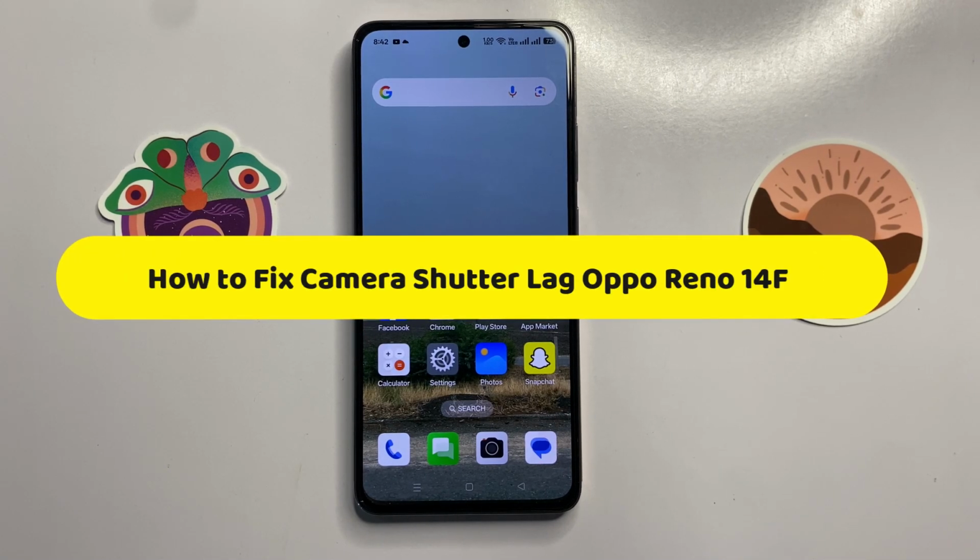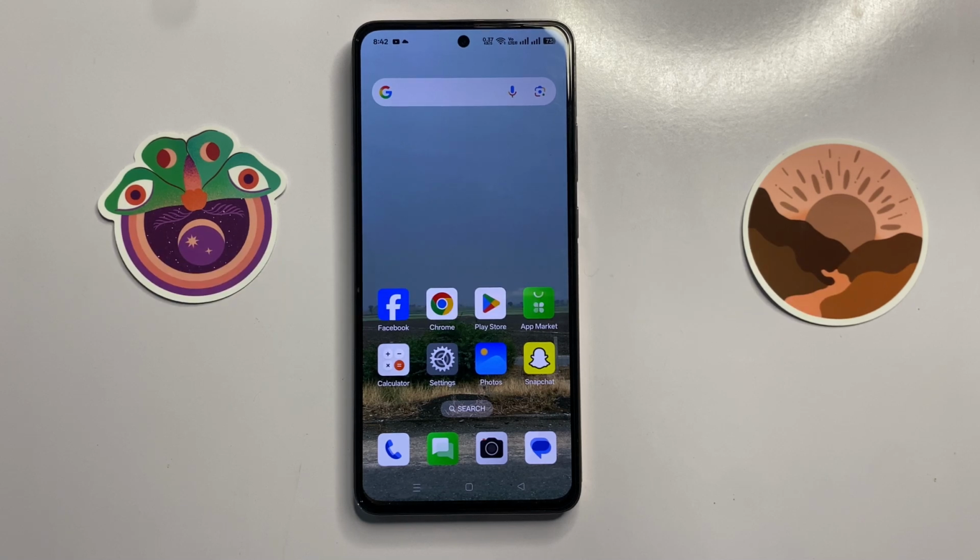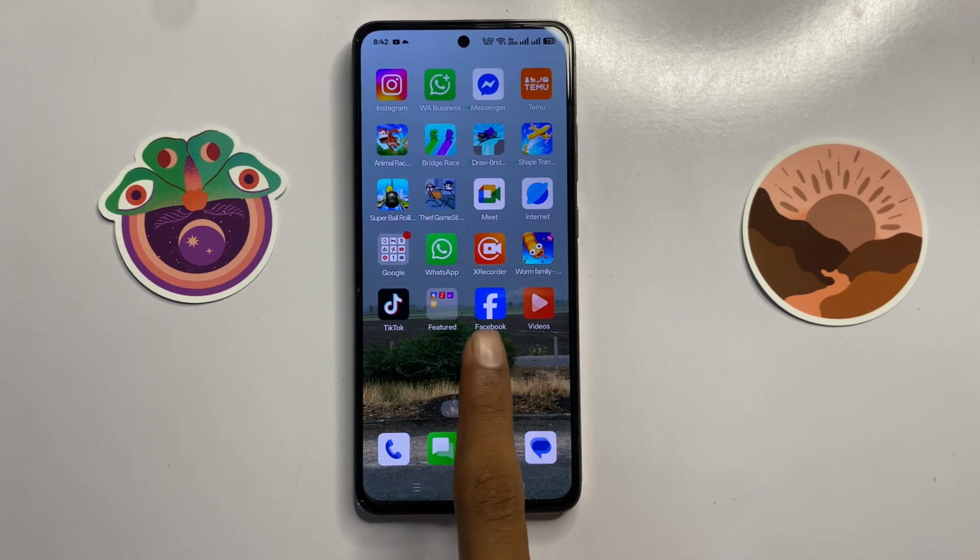How to fix camera shutter lag in Oppo Reno 14f. So let's start the video. First of all,